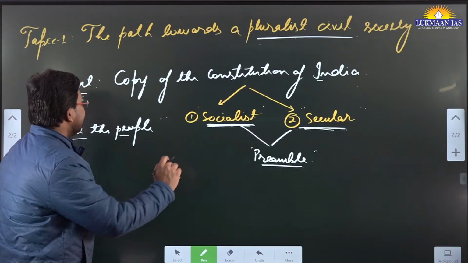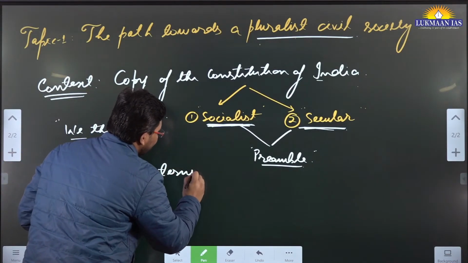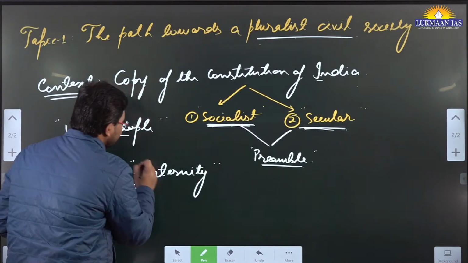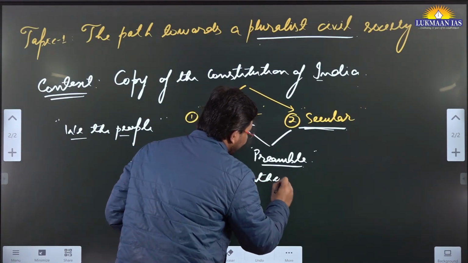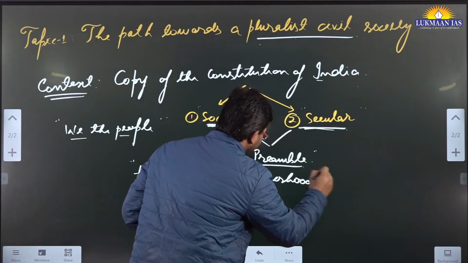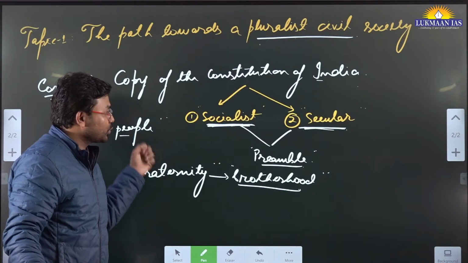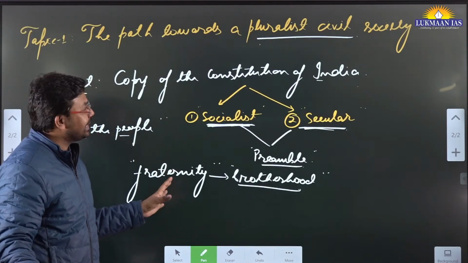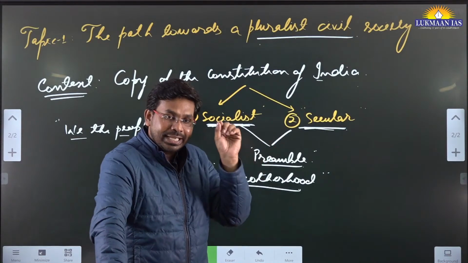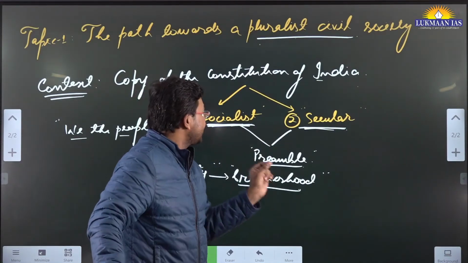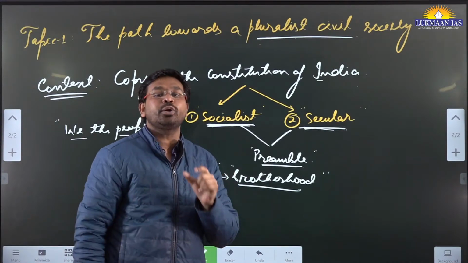So the thing is, the ideal of fraternity. Fraternity means brotherhood between people in India. It should be safeguarded. So in this article, the author says that removal of these two keywords is an attack on the socialist and secular fabric of the nation, and we need to protect it at all cost.